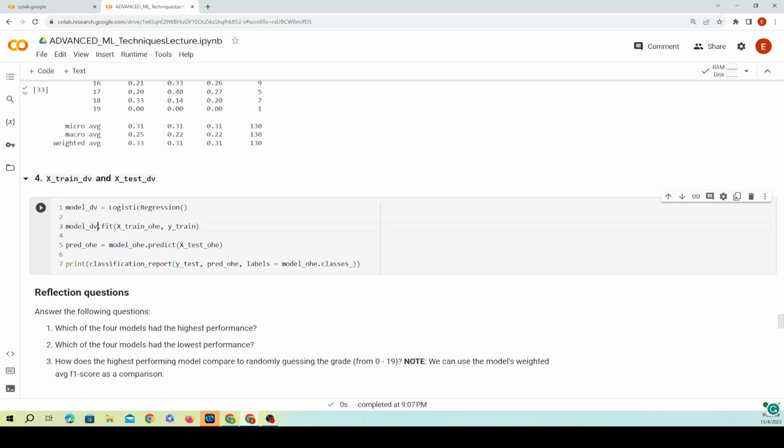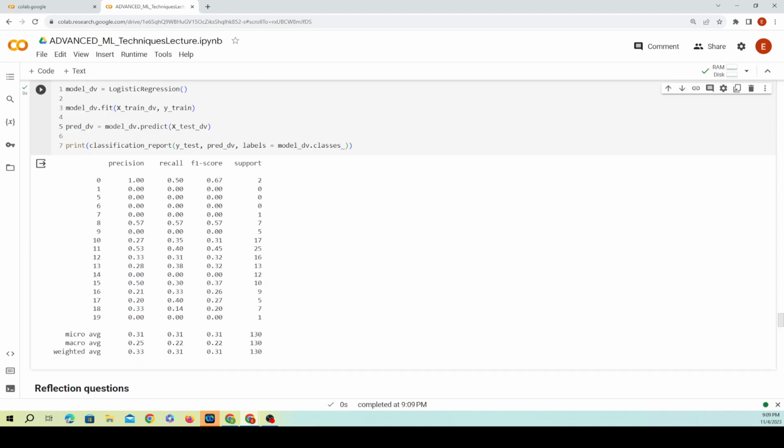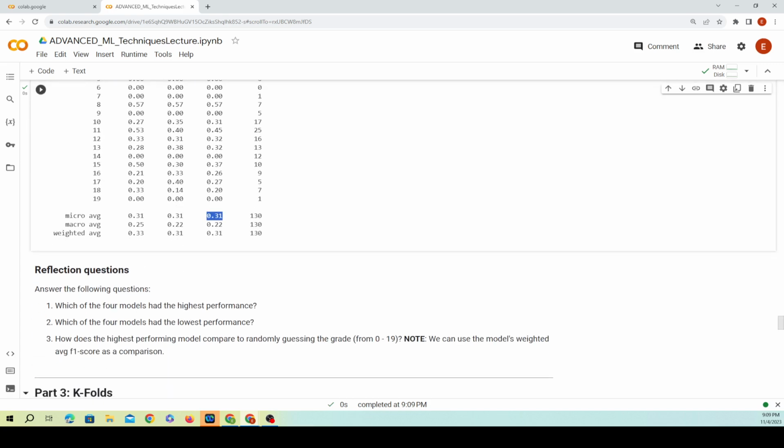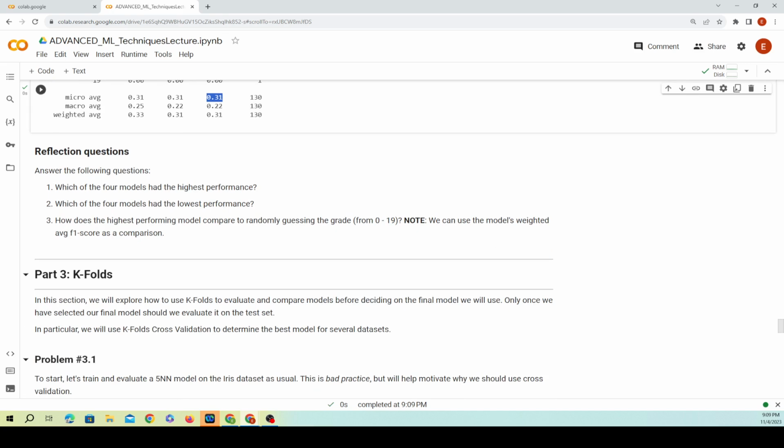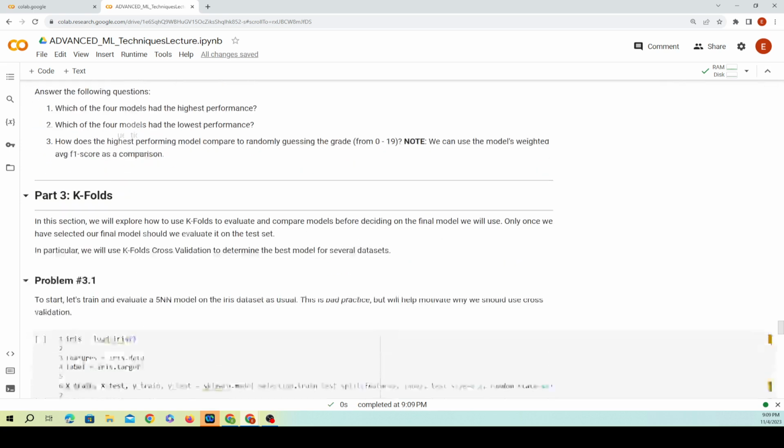Copy dv. And I think that covers, oh no, right here, one dv. So we still get a 31, a little bit slightly better, but this is kind of off because we do have a lot of features that we kind of took away the values and we're encoding them, so that kind of throws off